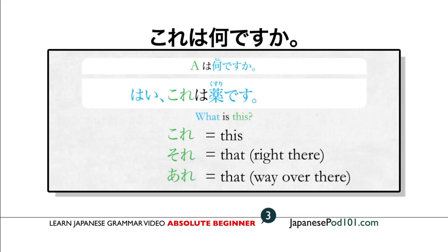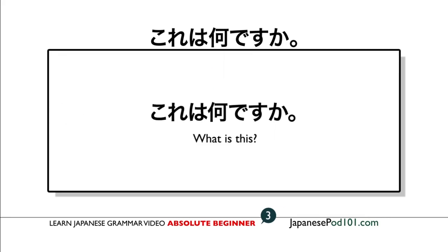So, Naomi sensei, what is this? これは何ですか？And what is that? The one right in front of you. それは何ですか？And what is that one over there? あれは何ですか？